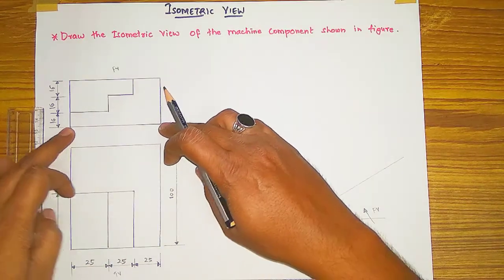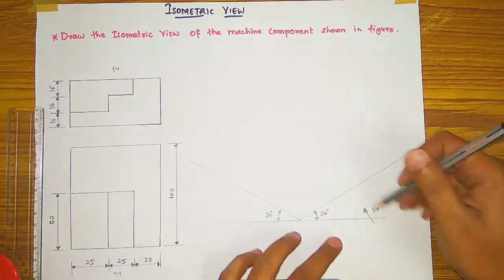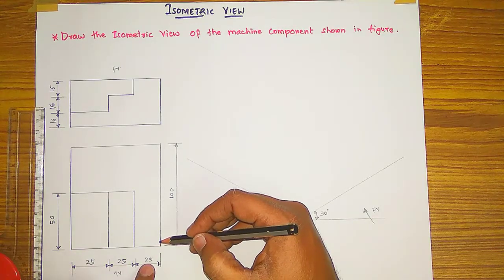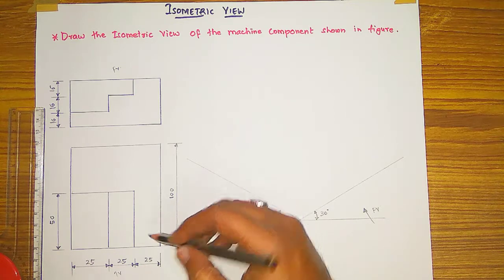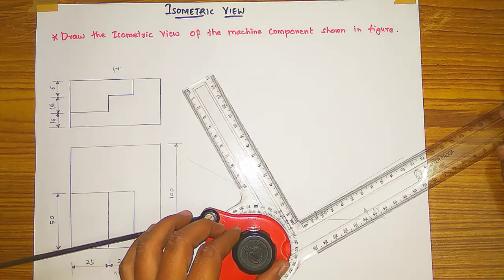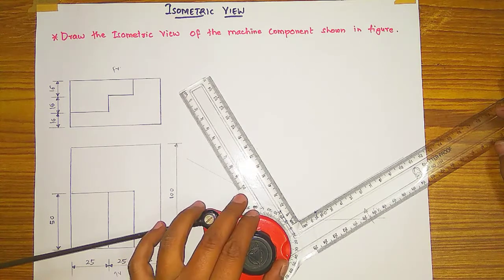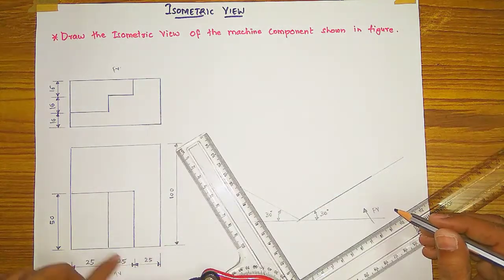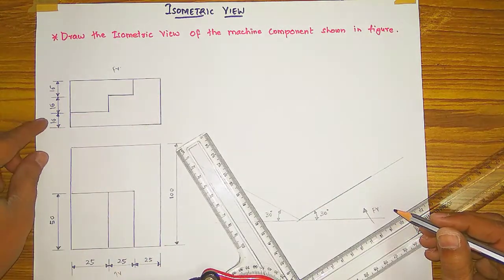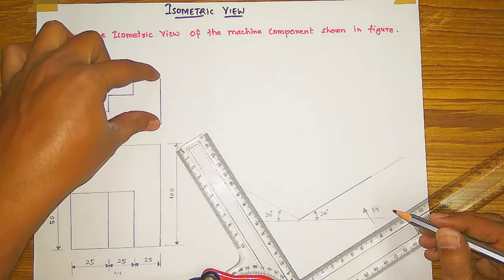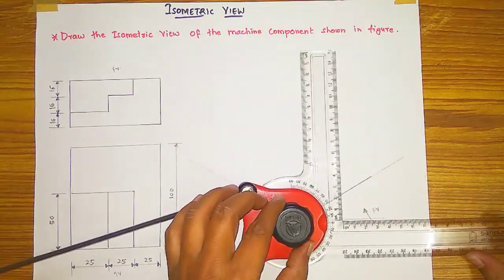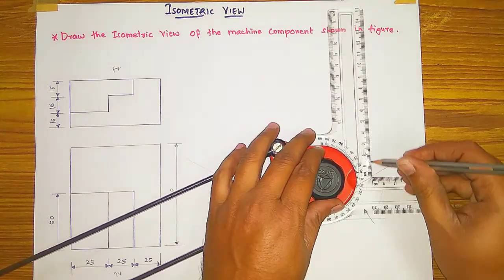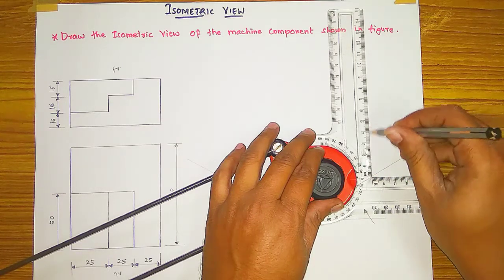So how much is the distance of this line? I am starting the front view from here. So this line is of 100, here the dimensions given are 25, 25, 25. That is of 75 mm. Okay, so 75 mm I will draw here like this on this line first. Okay, then after this, the height is of 48, means 48 height is there. So we have to draw perpendicular to this line, means a vertical line of 48 mm till here.